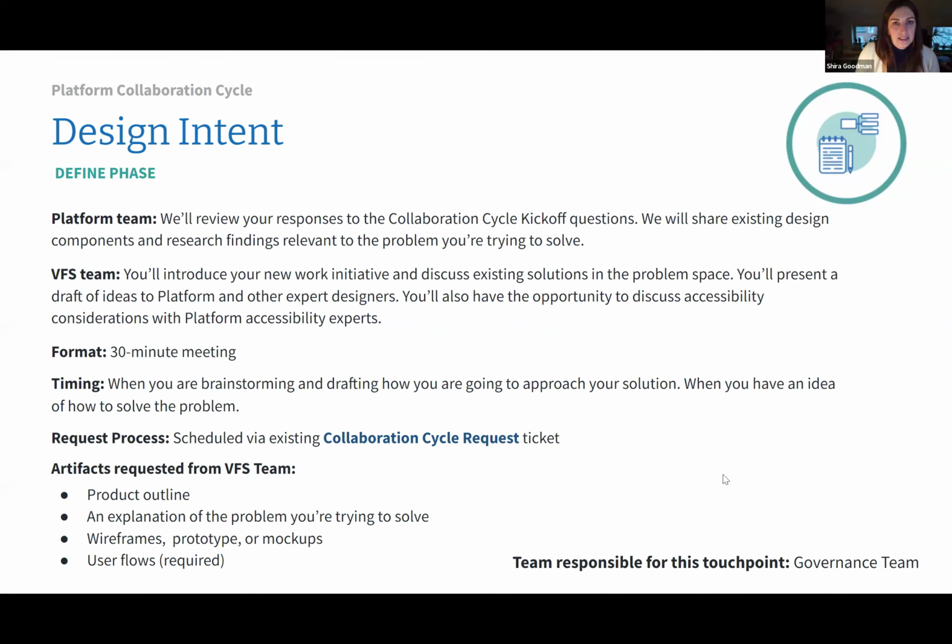Next up is the design intent. Sorry, before I answer that design intent, I'll read the question in the chat. Should all products built in VA.gov have a collab cycle issue made for it? Yes. Platform crew is accountable for ensuring that